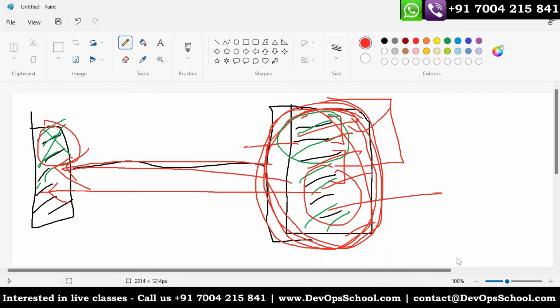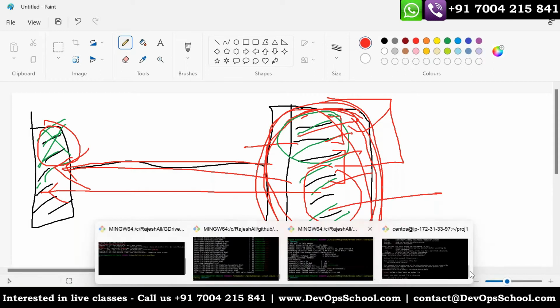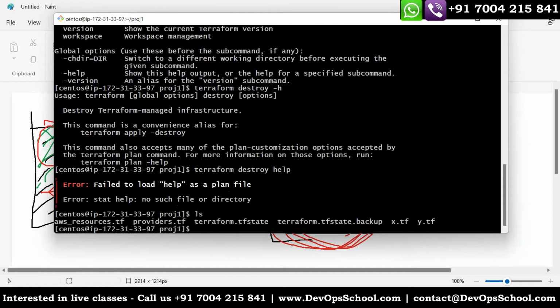I think one question that has come is how to restrict the access of running the command terraform destroy. Is there any way to restrict it? Theoretically, no. Through enterprise tools with a UI, you can restrict it with role-based access control. But if Terraform has access to destroy and create, you can't stop it. But if all this setup is on this machine, and I don't give you access to this machine, you will not be able to run this command.